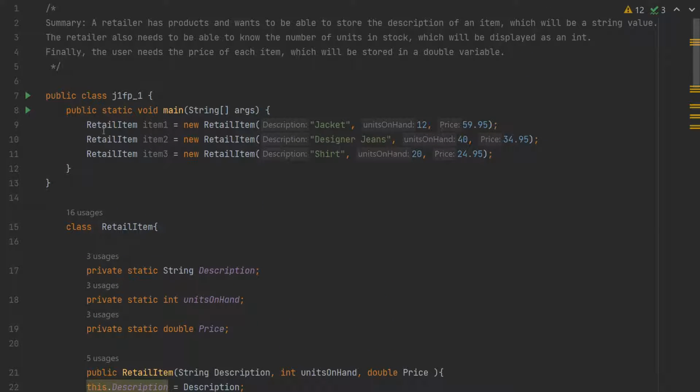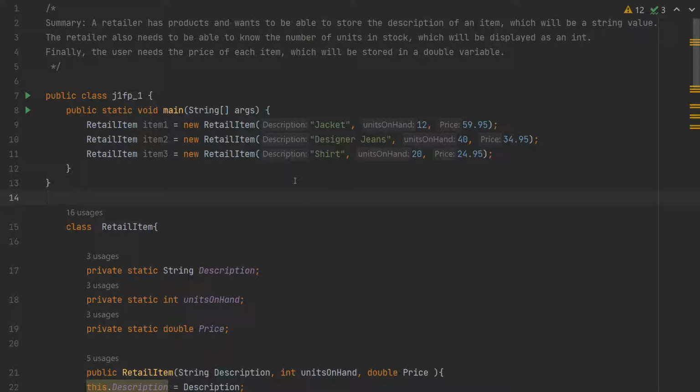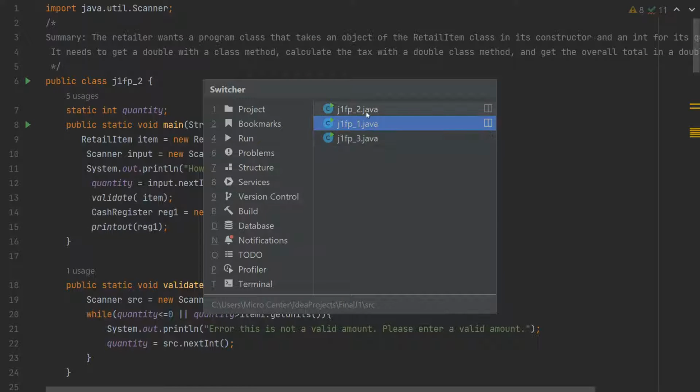Now over here in the main, all we're doing is creating 3 retail item objects, and each one has their own unique description, units on hand, and price. And so if we run this program here, you can see it stores all 3 items, and then those should be saved to be used at any time. Now switching to number 2,